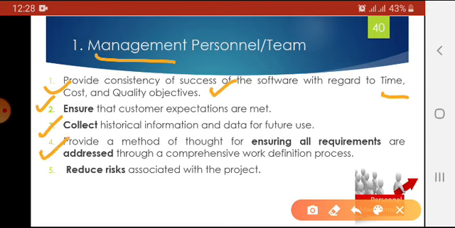They provide a method of thought for ensuring all the requirements are addressed through a comprehensive work definition process, which means that all the requirements gathered by the techniques of requirement engineering are reviewed by the management team, and it's their duty to reduce the risks